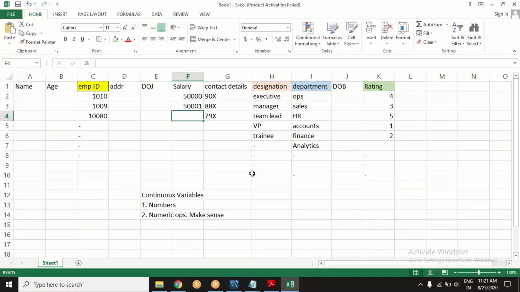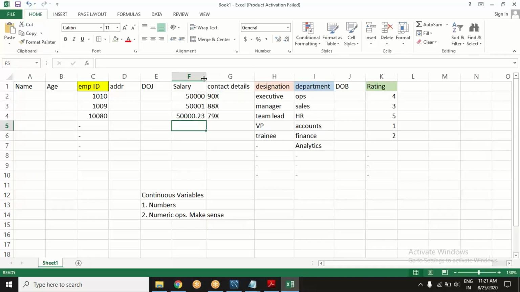As the case happens, yes, it can be. Can somebody have a salary of 50,023 paisa? It may happen. So it can have a fractional part. Practically it can take any value between two consecutive integers. It can take an infinite number of values.